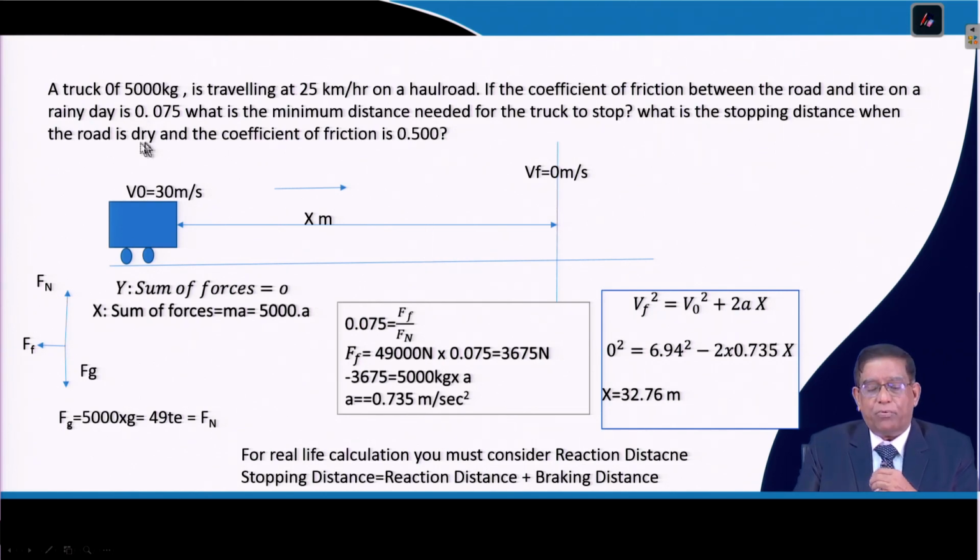Now, the most important point to note is that the road surface coefficient of friction was 0.75 in the rainy season, because of the clay and the behavior of shale with water. In a dry season, the coefficient of friction will be high. Now, you will have to solve such a problem: if the coefficient of friction increases, what will the stopping distance be? That means the driver will have to be trained in the mines on how to behave under different weather conditions, which is very, very important in mining.